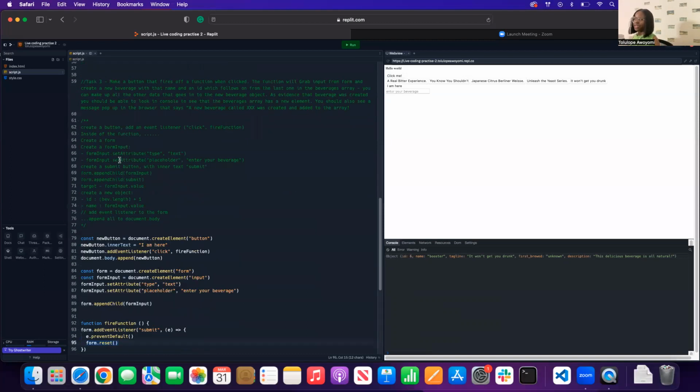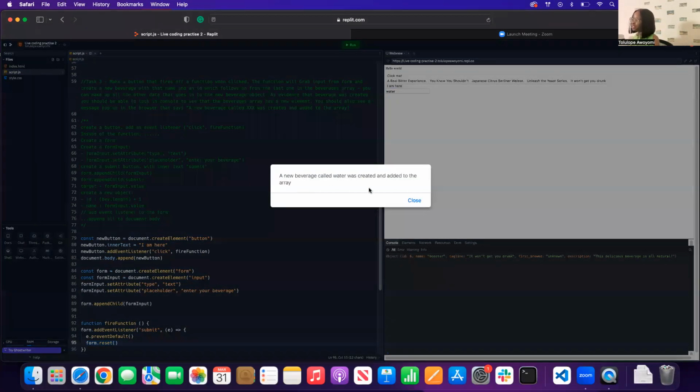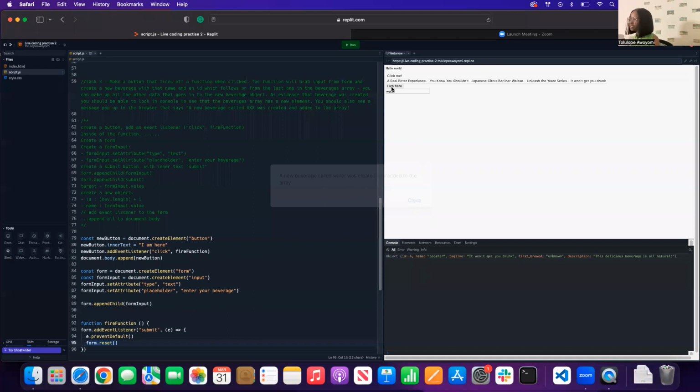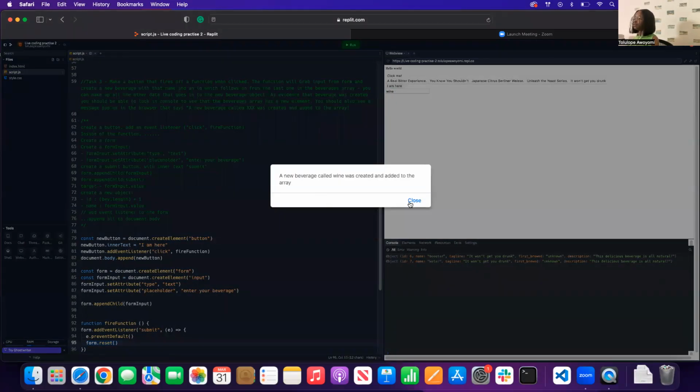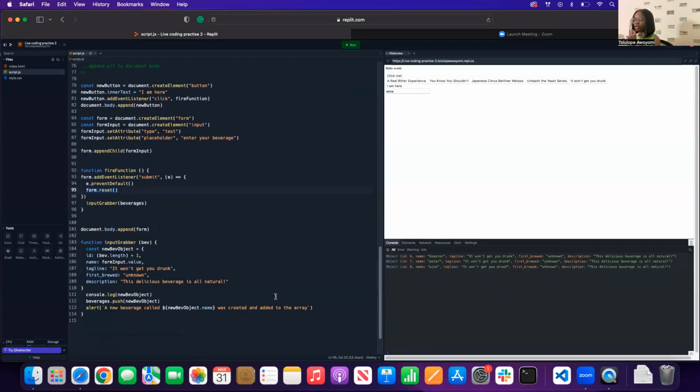But because this says make a button that fires up a function when clicked, this is the button that fires up all of this. So when I click it, a new beverage called water. So it does all of this. And I say wine, click this, a new beverage called wine was created and added to the array. And this keeps appearing. Yeah, so